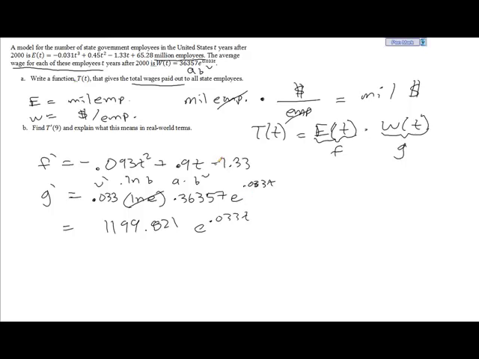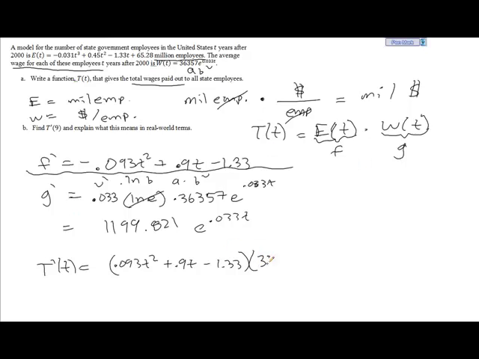And so now we put this all together in the product rule, and we get T prime of t is equal to f prime g, which is 0.093 t squared. Probably separate this out a little bit, make it a little bit more visually simple to see. 0.9 t minus 1.33, that's f prime, times my g, which is my original W function, 36357 e to the 0.033 t,